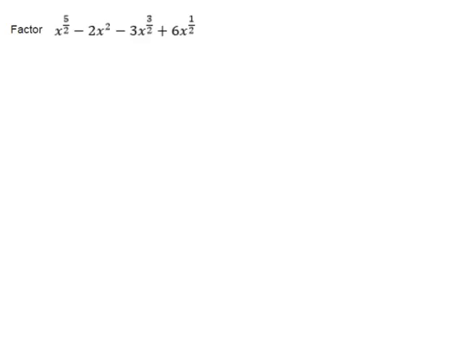Factor x to the 5 over 2 minus 2x squared minus 3x to the 3 over 2 plus 6x to the 1 half. Okay, so 4 terms wouldn't be so bad. The coefficients are all nice enough, but the powers in many cases are fractions, which is a bit of a mess. And we may not be able to make them all stop being fractions, but if we have to factor